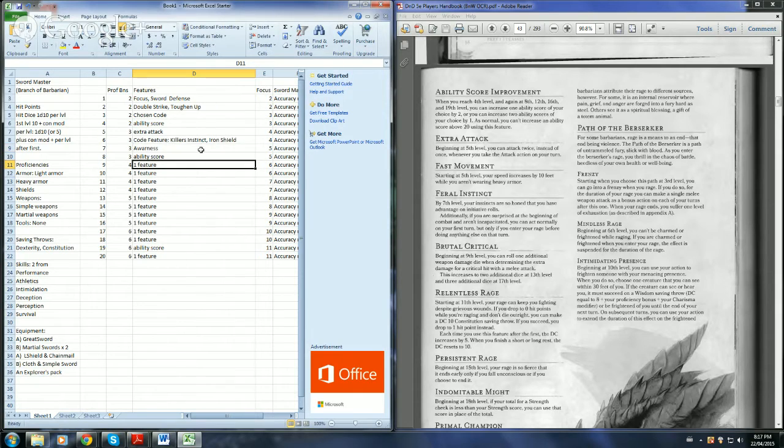Ability score increase, and here we get another set of code features. This time we'll give it actual abilities. So we'll do a Brutal Strike. And how about